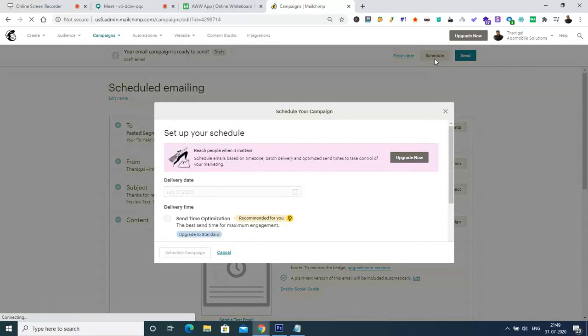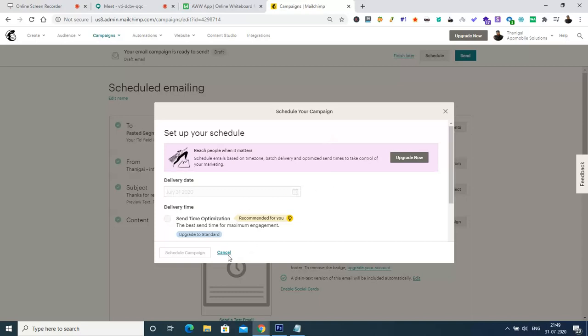The schedule option provides us the option to configure which date our email has to be delivered. Along with that we can configure which time this particular email has to be delivered. As of right now, this is a space which can be used only by premium users. That means we have to go for a subscribed module in order to run the scheduled emailing. But the option is we choose the particular date that we are going to schedule this email, and we choose the particular time on which we have to send the email. So these are the two things that we're going to configure using the scheduler campaign option.